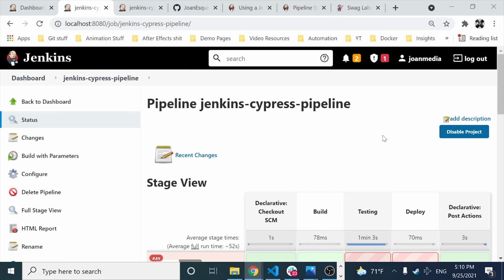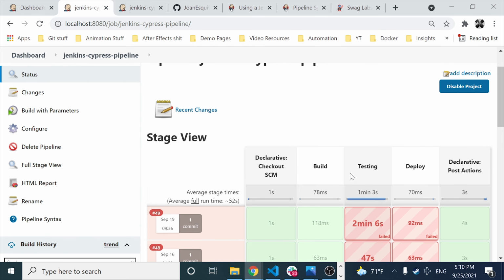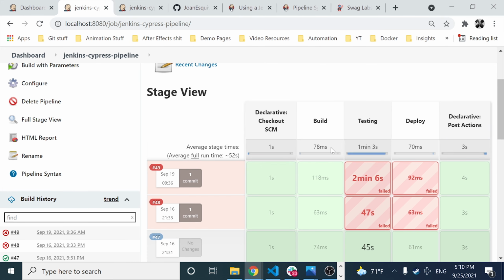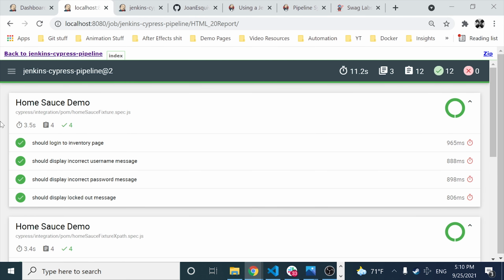Today I have a very interesting video about Jenkins and pipelines. We are gonna be creating different stages, right? As you can see, the build stage, we have a testing stage, a deploy stage, and this particular stage, the testing one, we're gonna be using our Cypress project to trigger a kind of regression, right? And also we're gonna be using post build actions to publish our HTML report over here,